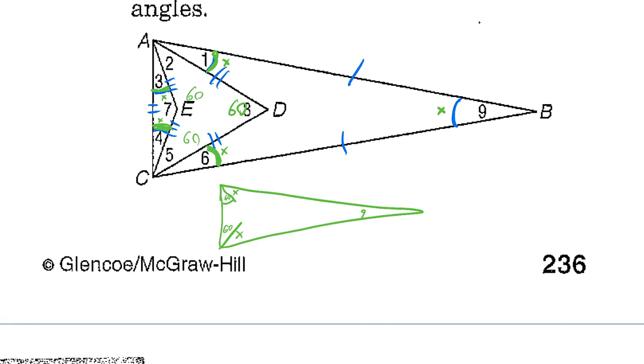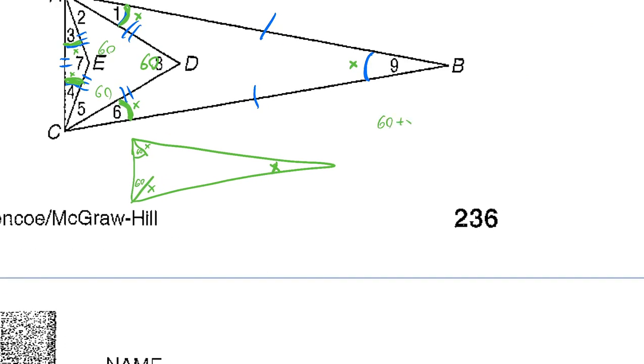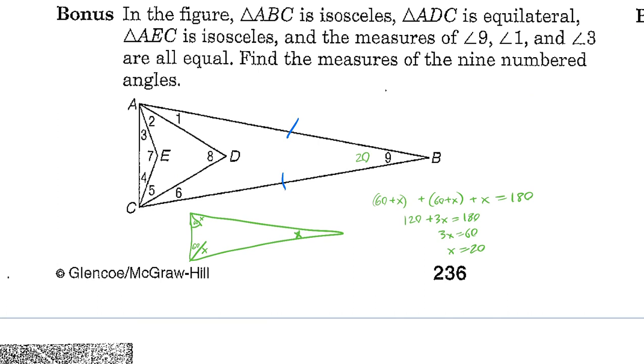And so total, those all add up. Oh, and this was an x. So total, those all add up to 180. So what you've got is 60 plus x plus 60 plus x plus x is a total of 180. So that means we got 120 plus 3x equals 180, or 3x equals 60, or x equals 20. And so plugging that back in, let's see what we get here. Oh, and let's erase this one too. We got 20 degrees. And again, 9, 1, and so this is 20, this is 20, this is 20, okay,